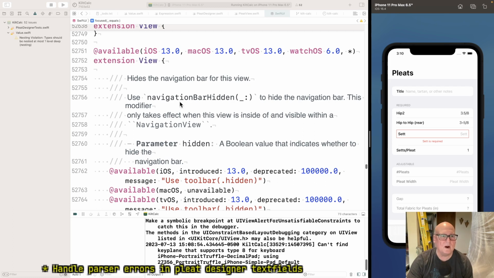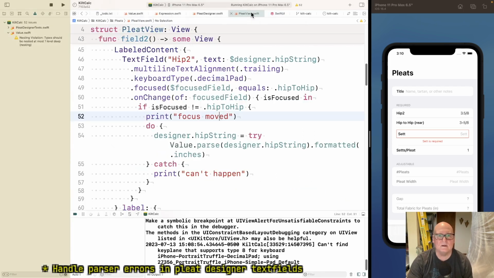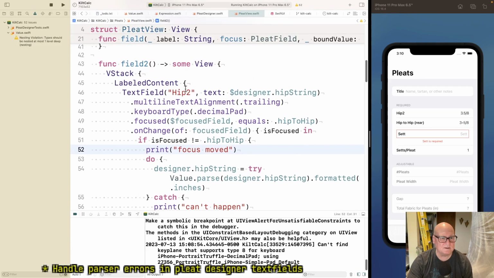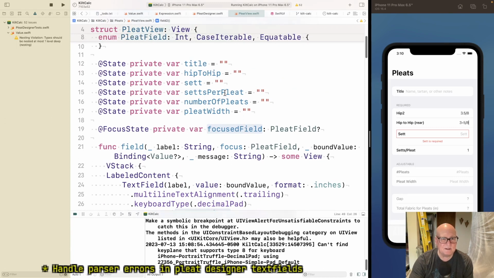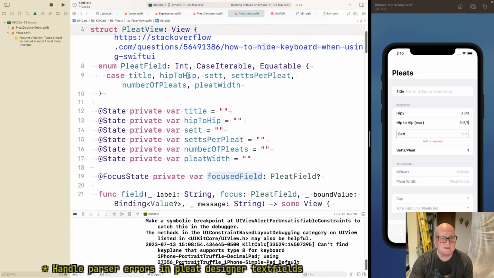So I don't know why. Well, something's wrong here on the focused text field. I think he's supposed to set focused field. Okay, is a pleat field, which is one of these. Oh, which is also not.